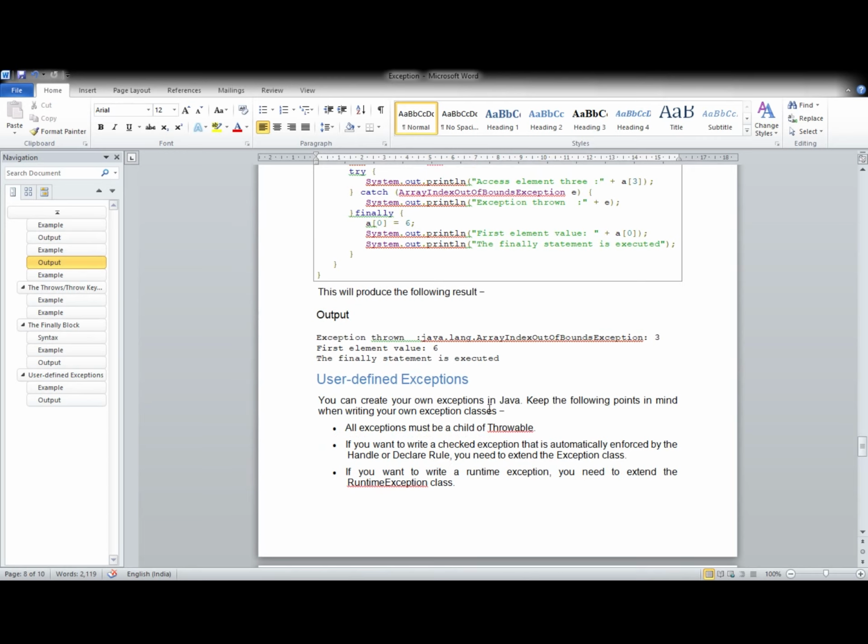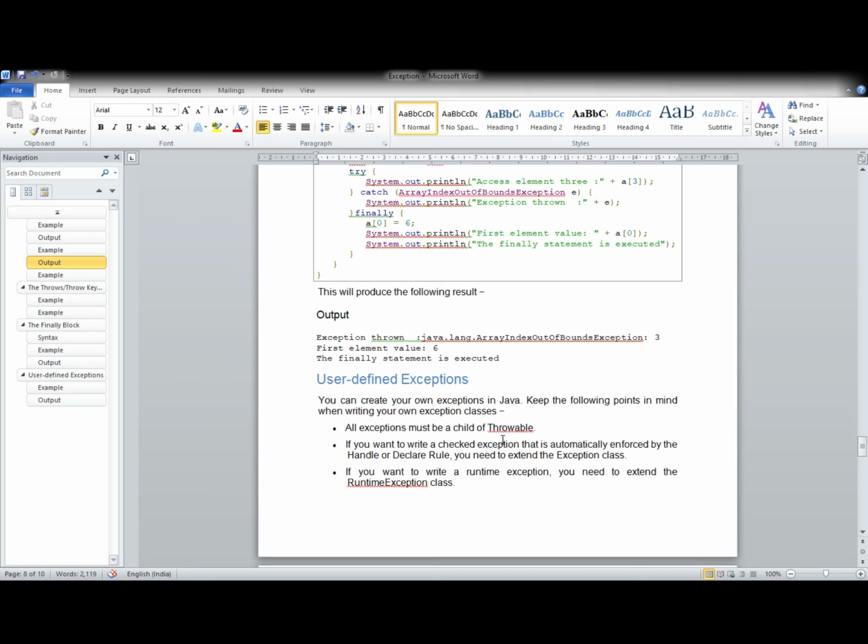It is not a predefined or built-in exception. You can create your own exceptions in Java, and you can throw that exception if anything unholy happens. So keep the following points in mind when writing your own exception classes.